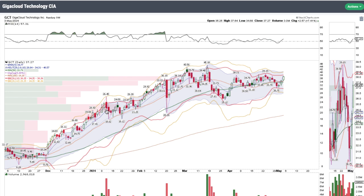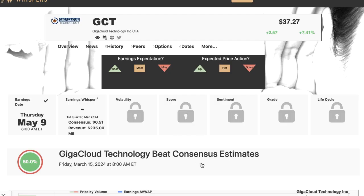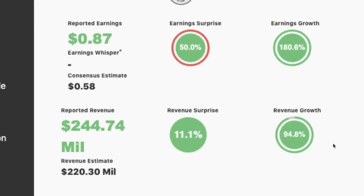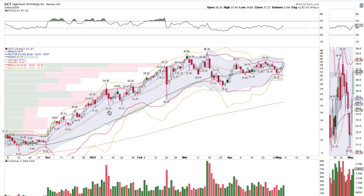GigaCloud squeezing, looking for a breakout of this consolidation. It's above the 50-day moving average. RSI showing strength of trend is improving. MACD and stochastics turning from a prime location, volume increasing. So that should see a follow-through this week, I would think, with the company reporting earnings on Thursday before the bell. Beating last time around, the company has good revenue growth, good earnings growth. And of course, GigaCloud Technology is pioneer of global end-to-end B2B e-commerce solutions for large parcel merchandise with earnings on